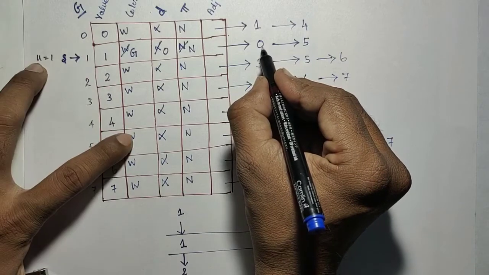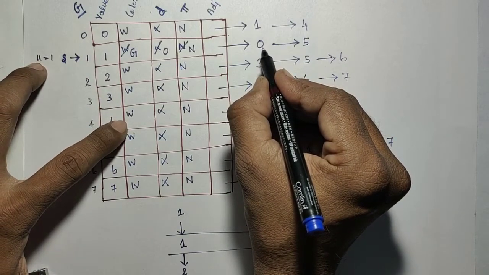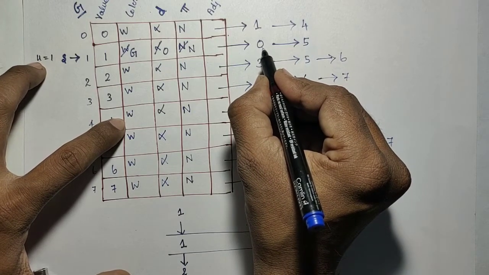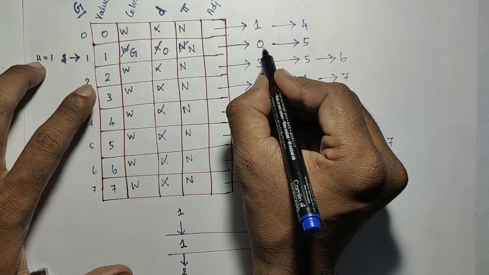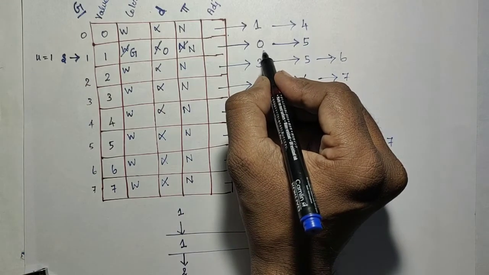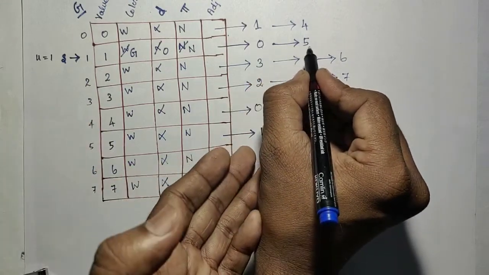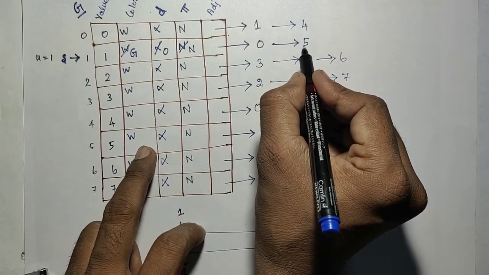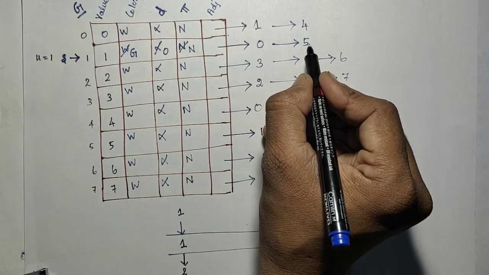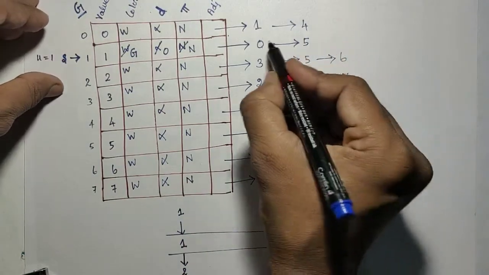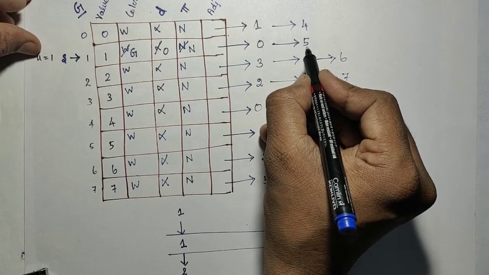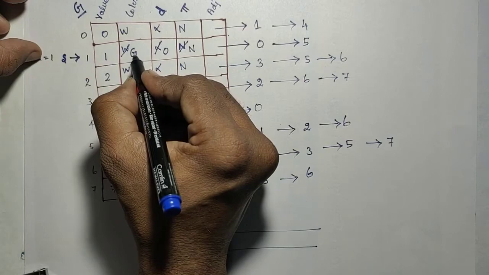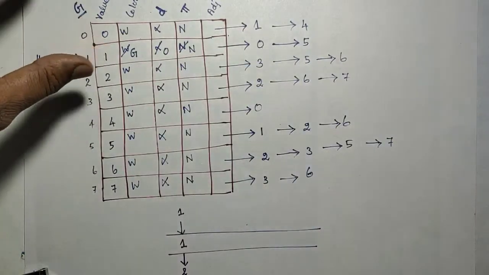So go to that 0. If it is not visited, you visit it. If you visit that, you insert it into the queue. And go to the next one, that is 5. You check whether 5 is visited. If it is not visited, visit and enqueue. That is a simple concept. Once you completely visit all the adjacent nodes of that U, you have to mark U as completely visited. That's all.